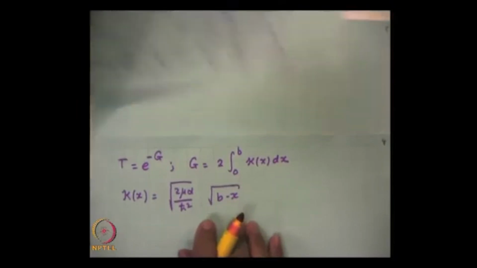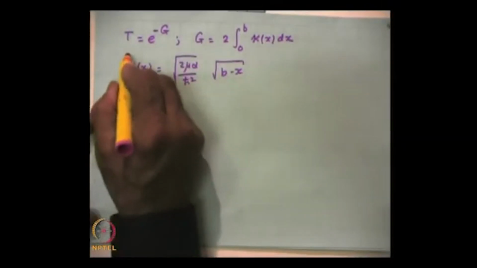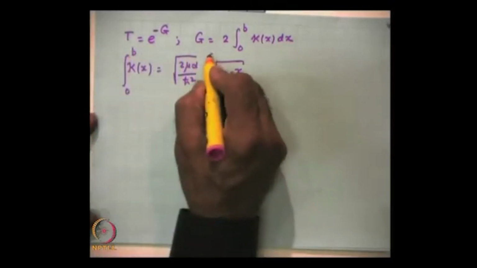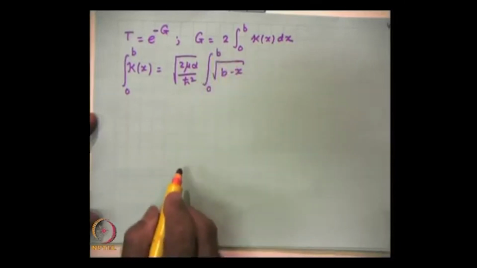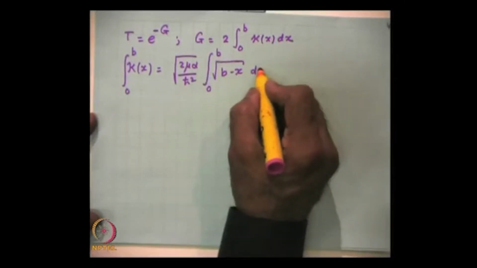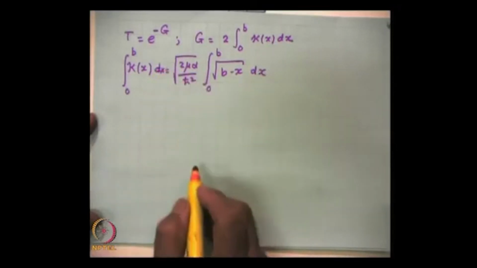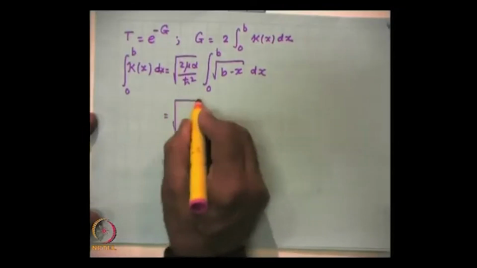So, the integration is really very simple. I hope this is clear: the integral from 0 to b dx, and this will be equal to